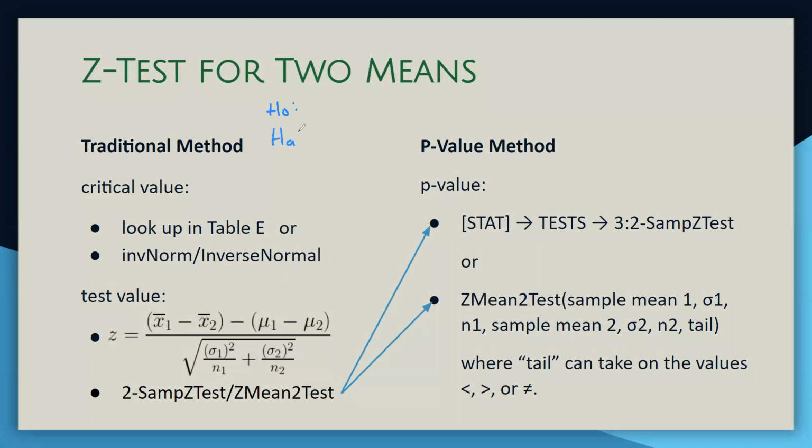remember that we're assuming our null is an equality. And instead of mu equals a number, which is what we were doing with a single mean, we're now comparing the means from two populations. So our null assumption is that the mean for the first group equals the mean for the second. And then our alternative will be an inequality of some kind. So a not equals, a less than, or a greater